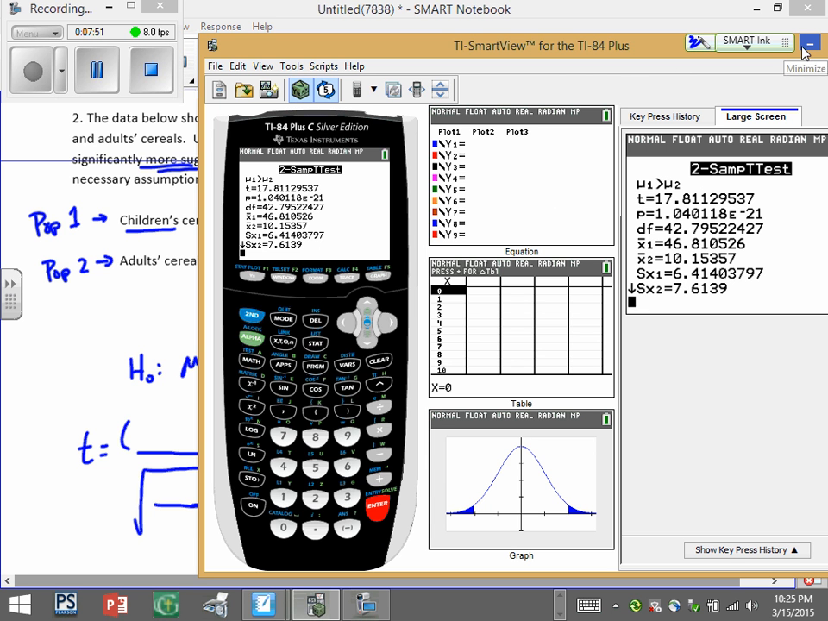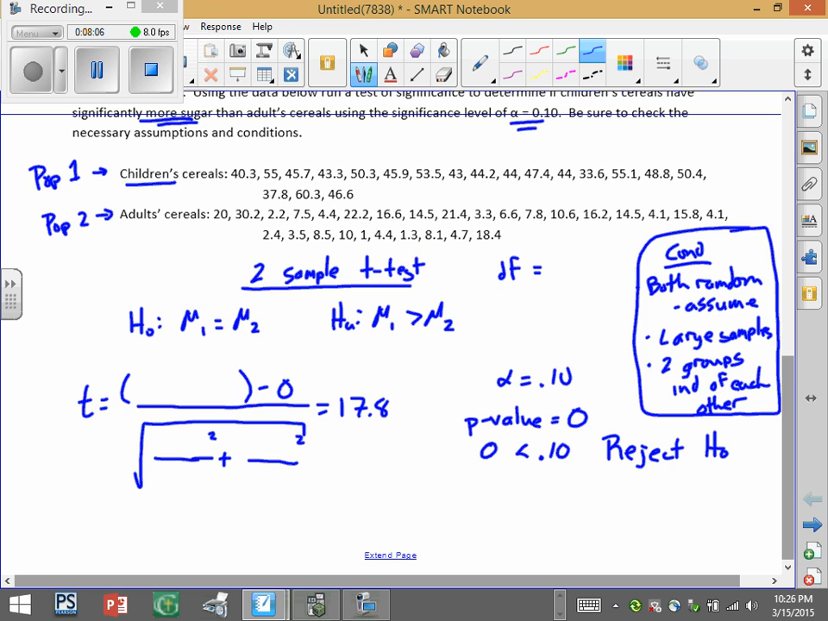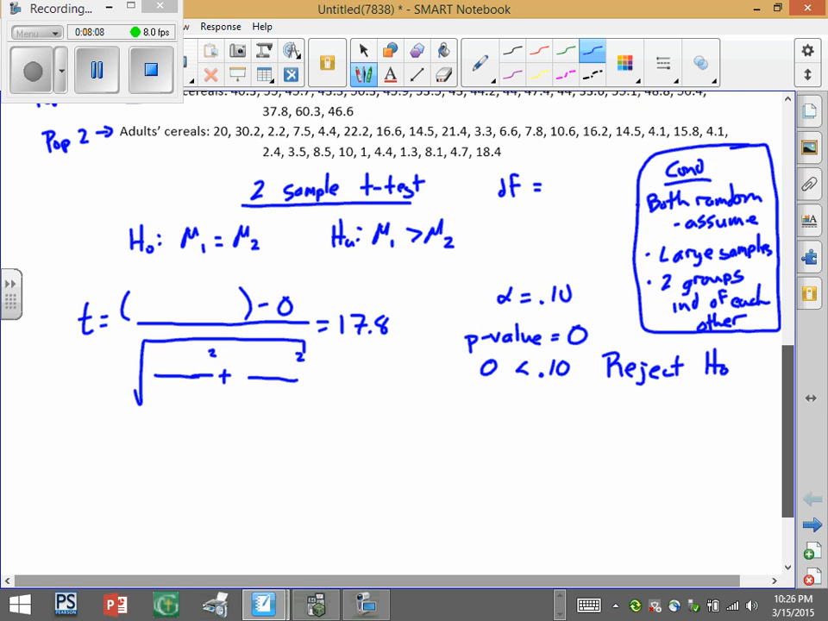So t-score 17.8. So we're 17.8 standard deviations away. P-value is essentially 0. So 0 is definitely less than 0.10, which means we'll reject the null. And so we can fill in here. So evidence suggests